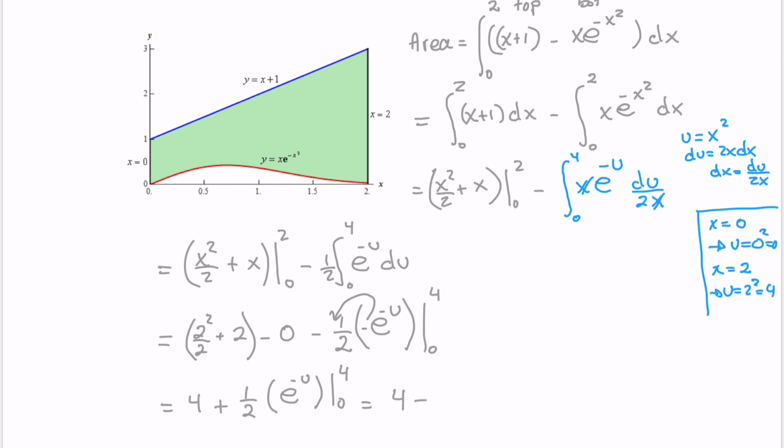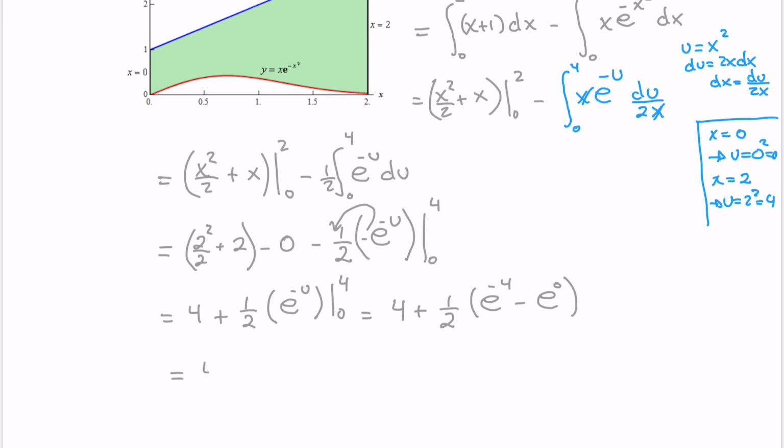So that's 4 plus 1/2 e to the negative 4 minus e to the 0th power, which is 4 plus 1/2, and here we have e to the negative 4, and e to the 0th power is 1. So that's 4 plus 1/2 e to the negative 4th power minus 1/2. 4 minus 1/2 is 7/2, and then plus 1/2 e to the negative 4,